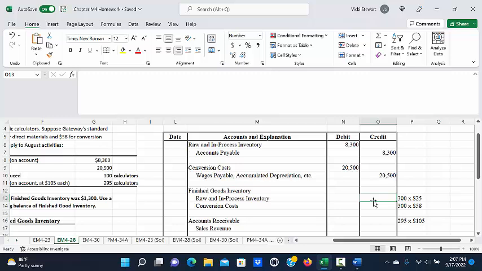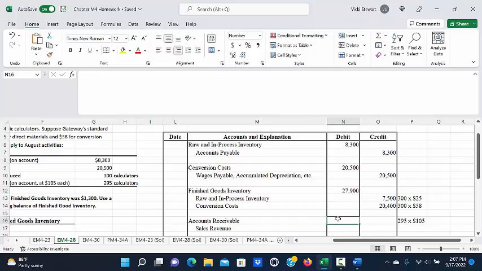So first we're going to cost out the raw materials. We said that they use standard costing of $25 for each item produced. So 300 times 25 is $7,500. Also, we need to credit the conversion cost for the items that were produced, and the standard cost for that is $58 per unit, so times 300 units produced would be $20,400. And then we would debit finished goods inventory for the total